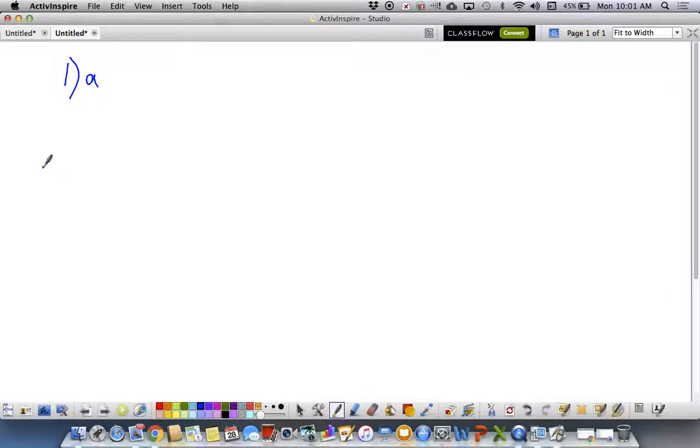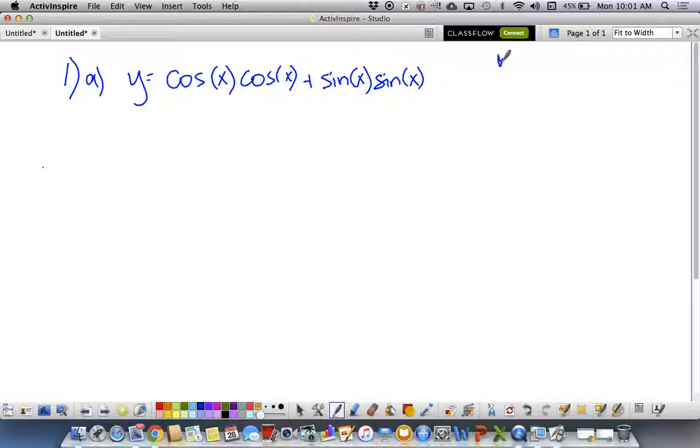On this worksheet that everybody has, letter A, you're plugging into your calculator y equals cosine x times cosine x. And guess what? You don't even have to put a multiplication sign. You just put them beside each other. And then plus sine x, in parentheses, sine x. So when you put that in there in radian,